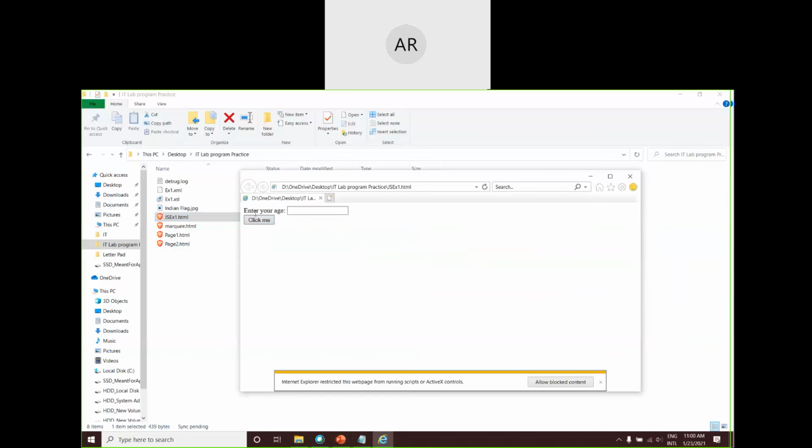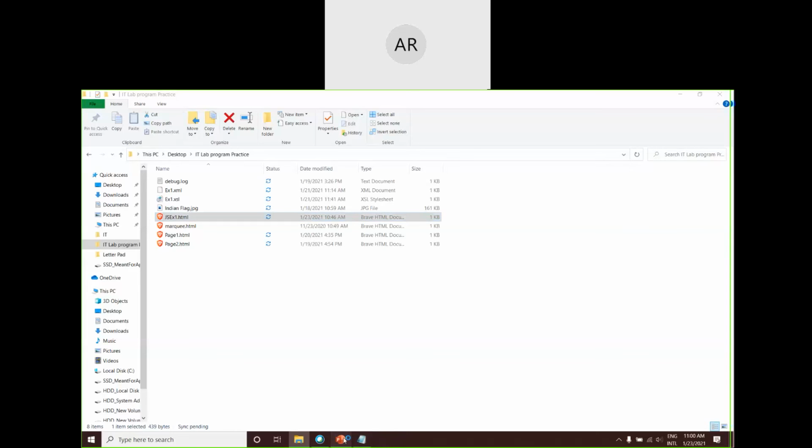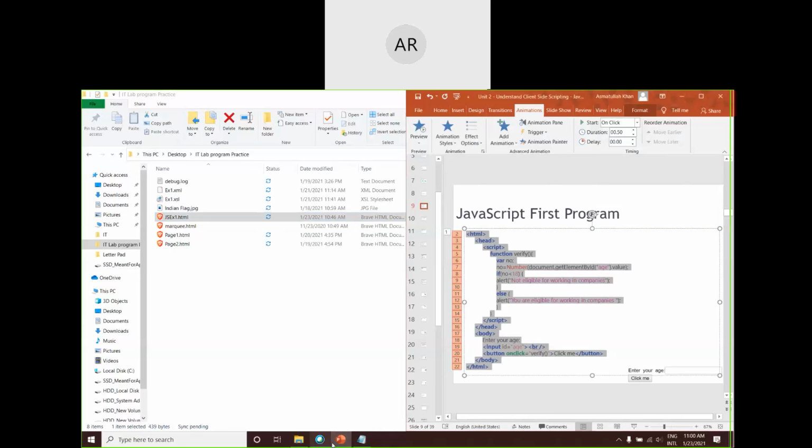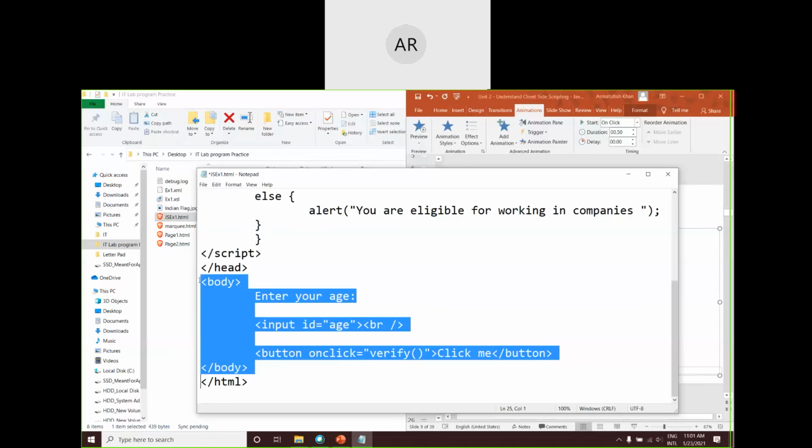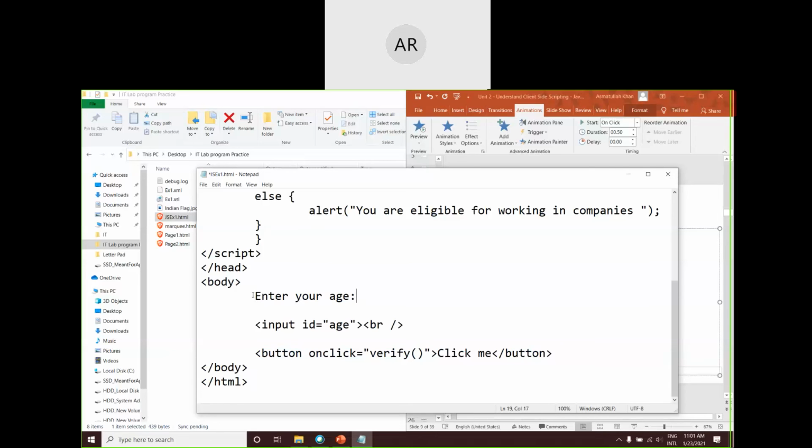Here in this web page, I have one label, enter your age, then an input box, and then a button. So we have to create this particular HTML document. For that, we have utilized this particular body part. This is our body section. In this section, we are writing enter your age in the HTML, which will be displayed on the web page.